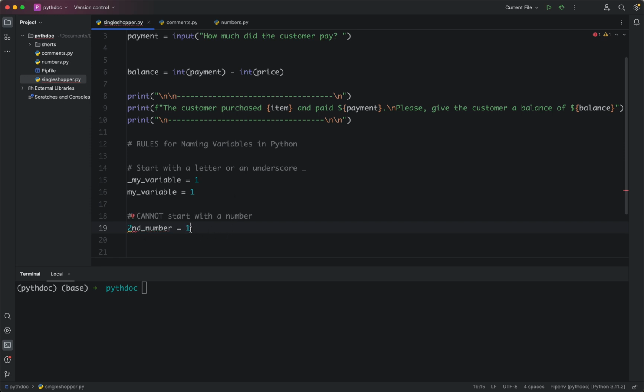And let me just do the same thing here so that you know. I have assigned this value 1 to this variable, but this variable name is not correct. It's not correct in Python, and definitely most other languages as well. So if you look at this, it tells me that I have an error here, and it tells me end of statement expected, but there's an error here, as you can see, as opposed to what we have here. So in fact, I think maybe it's better for me to still continue to use my variable so that you don't get confused. So my_variable, as you can see in this case, there was no problem with it,